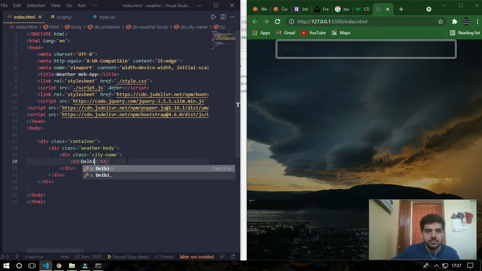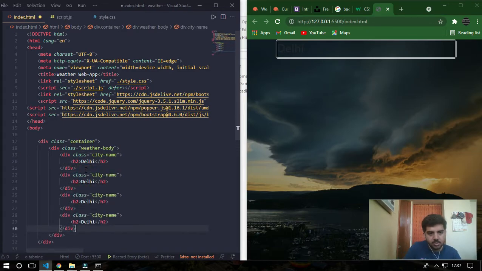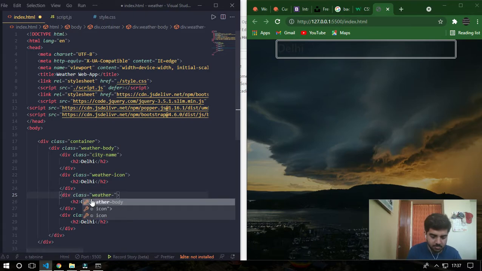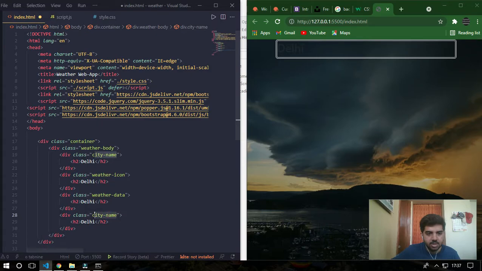Then for this city weather, icon, I'll give weather icon. Then the Celsius data, I'll call this weather data. Then for this div I'll give, for now, weather icon, weather data.